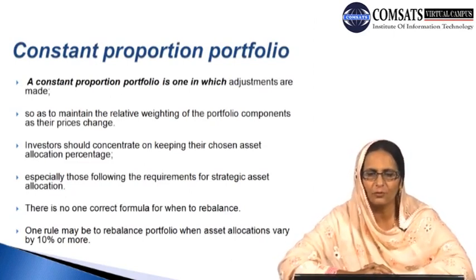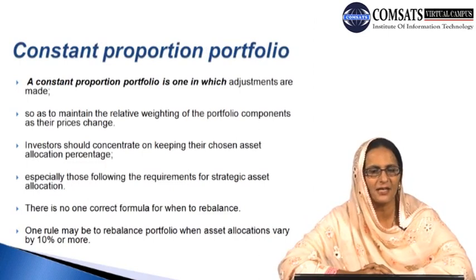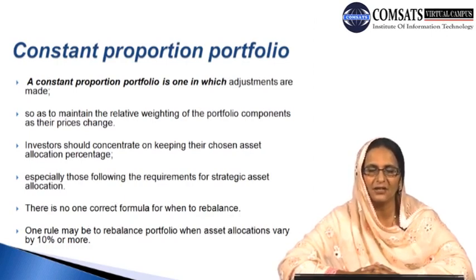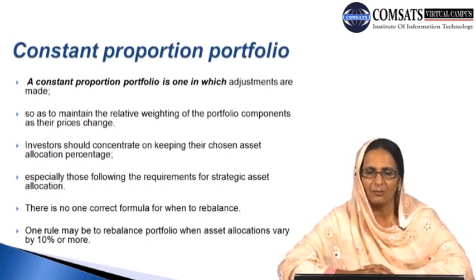A constant proportion portfolio is one in which adjustments are made. We can adjust this type of portfolio, make revisions, and rebalance the items we are keeping in it, so as to maintain the relative weighting of the portfolio components as their prices change. So if we do this, we can reallocate the weights we have assigned to the different types of items in our portfolio with respect to the changes prevailing in the economic environment or in the